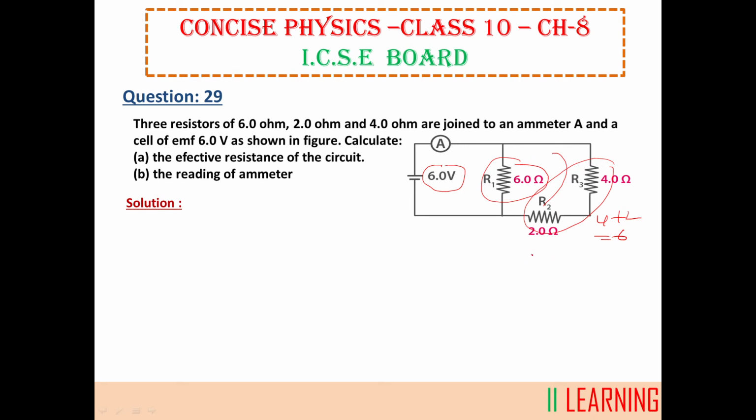So if the total equivalent resistance of the circuit is R, then I can write 1 by R equal to 1 by 6 plus 1 by 6. This is coming on simplification 1 by 3, so R is coming 3 ohm. So the effective resistance, the answer for A, is coming